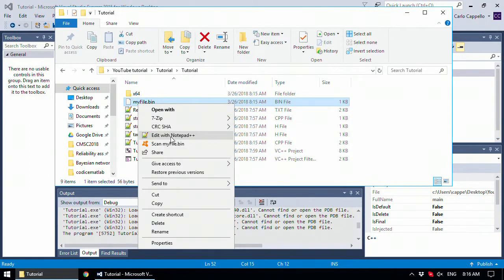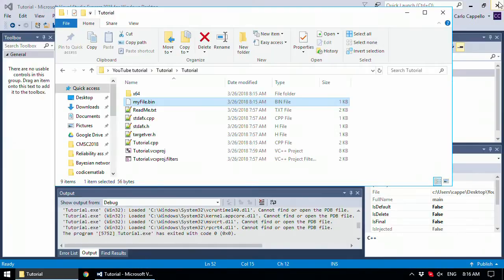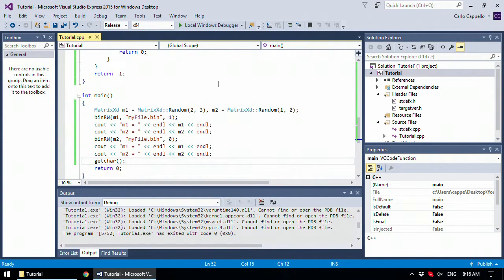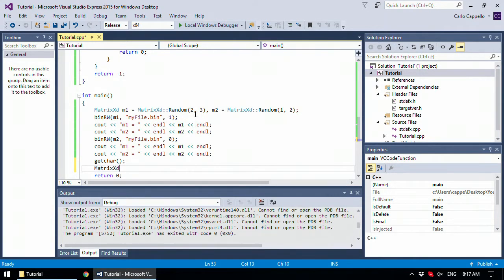Of course, if you open myfile.bin like it was a CSV file, you don't see any number because the content is in a binary format, so it's simply a sequence of bytes. Okay, it's interesting to see that just to make sure that we can even